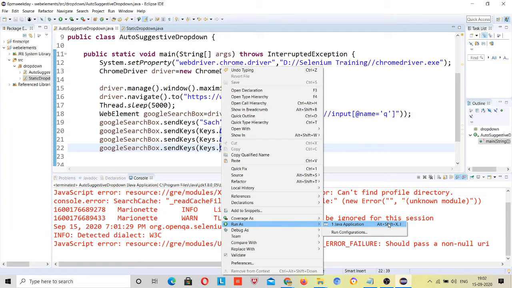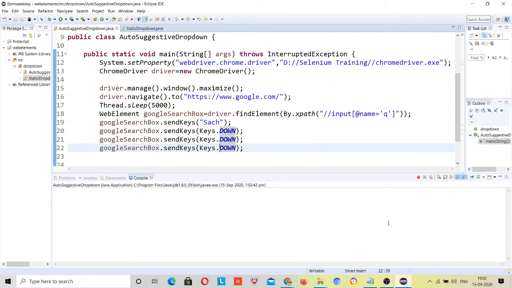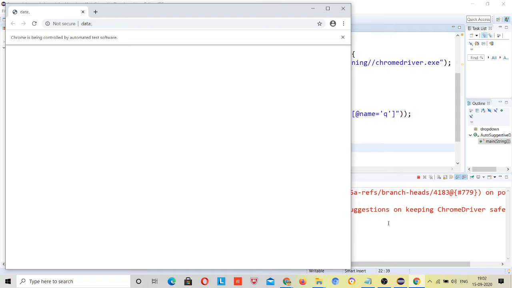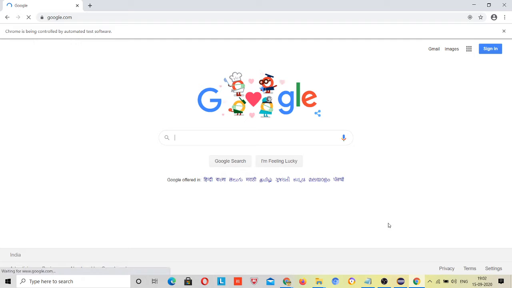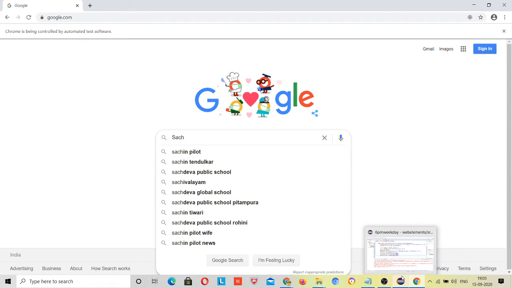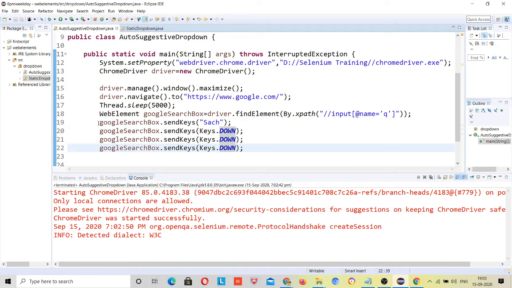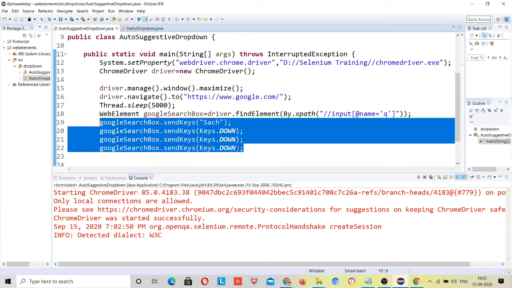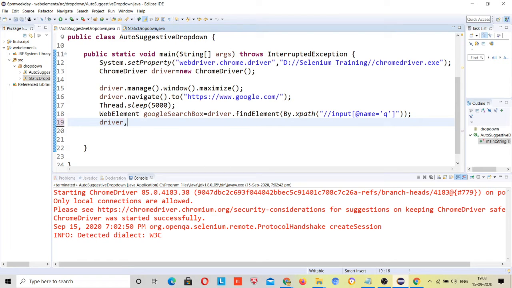Right click, Java application. Okay, just close it and directly let's try to use this one, driver dot find.